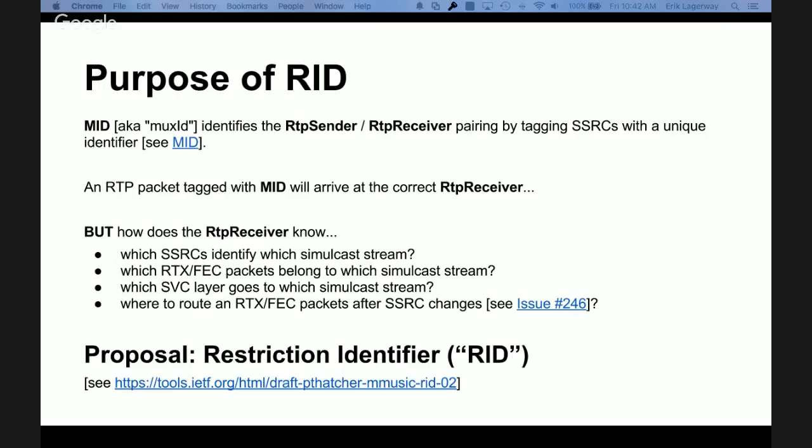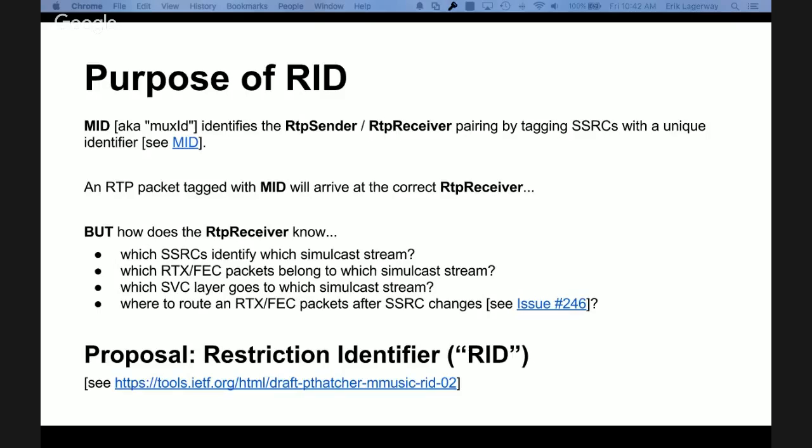The problem becomes, especially with simulcast streams, because you can have multiple streams in the receiver, how do you identify one stream versus the other? Because you have all these SSRCs coming in, and they're coming into the same receiver because they have the same MID, but they're actually different simulcast streams. And there's ambiguity that can start to arise, especially when you have RTX or FEC coming in there, potentially with SVC.